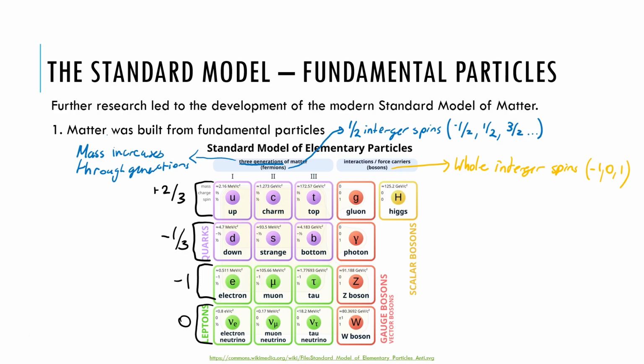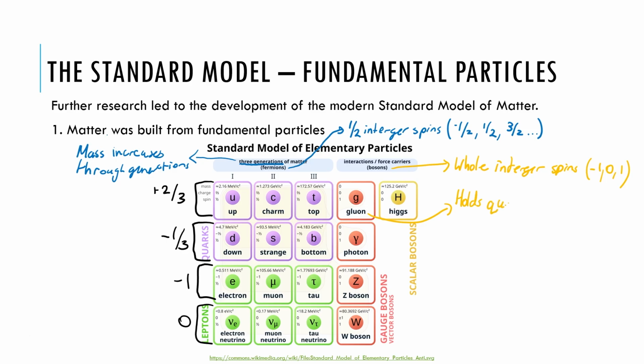You'll notice that these bosons are split into a red and an orangey yellow color: gauge bosons, which are vector bosons, and scalar bosons. We're not going to be distinguishing between them really at all. What I want to emphasize, though, is what kind of force is carried by some of these bosons. So the gluon, while you probably haven't heard of it before, is one that you're going to want to start to wrap your head around, because it's probably the one that we're going to be learning about and talking about the most in the context of the Standard Model compared to the rest.